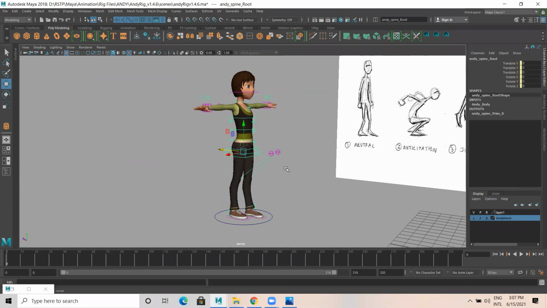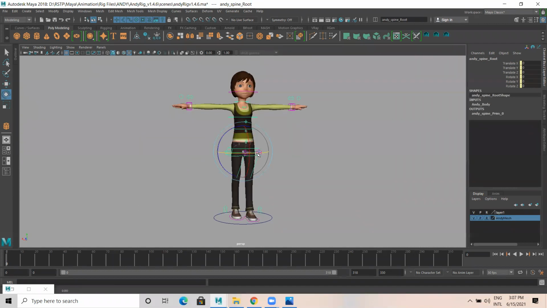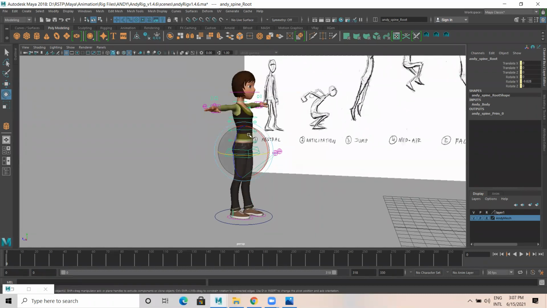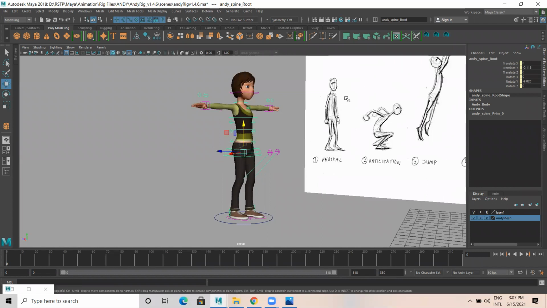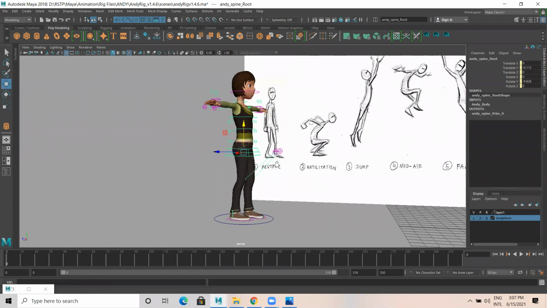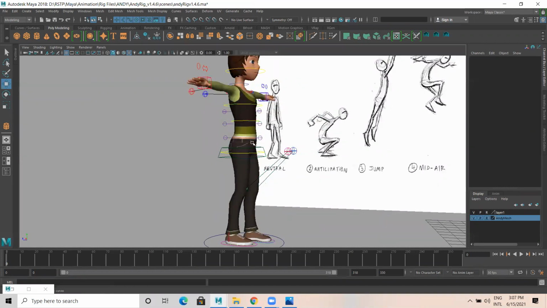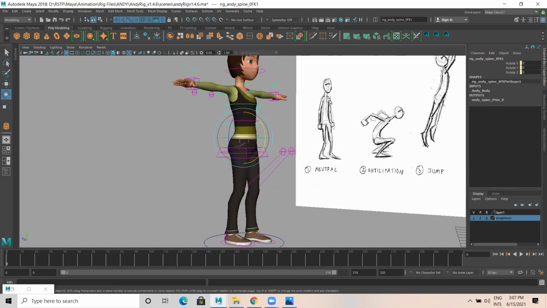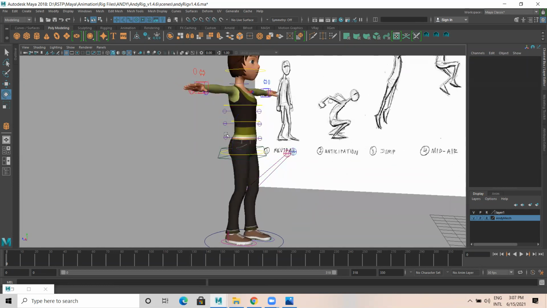This character's waist is something like this, and a little bit down. The body, observe, is in a very relaxed position. So I select this controller, and you see a curve here. I select one, another one, two, three, then I rotate.